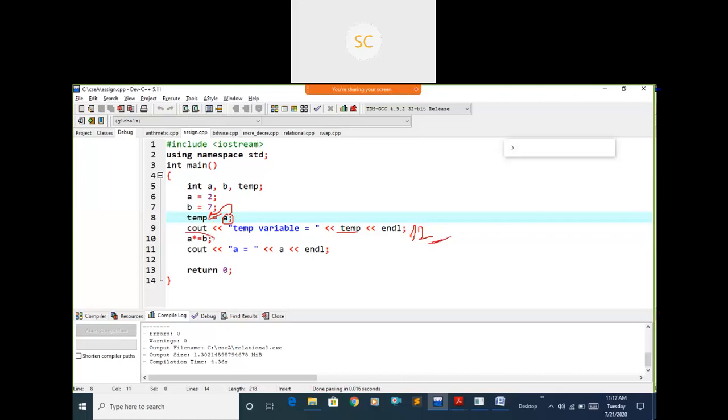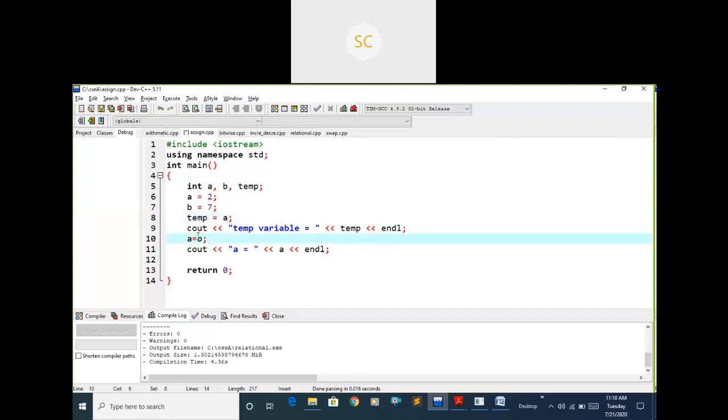Again, I'm using the multiplication assignment operator. Instead, I will go for addition assignment. What does this mean? A plus equals to B means A is equal to A plus B, right?